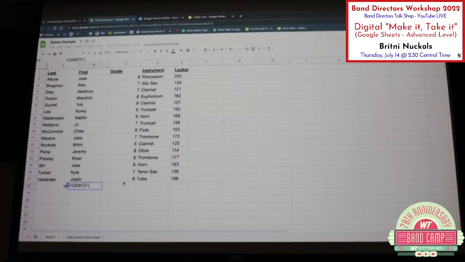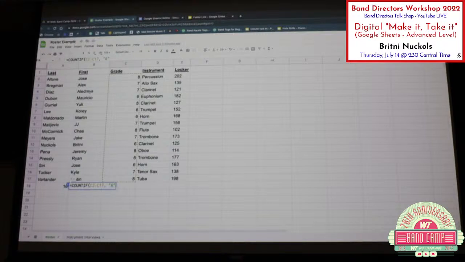COUNTIF. The range is a group of cells, so pick your entire range. We're going to click and drag. That's what I want you to count, that section. Then, to tell it the if, I have to type a comma, so it knows we're doing something else to the formula. If it contains, and now I have to put the number 6 in quotes, so it reads it as text. So trust me: quote, 6, end quote,